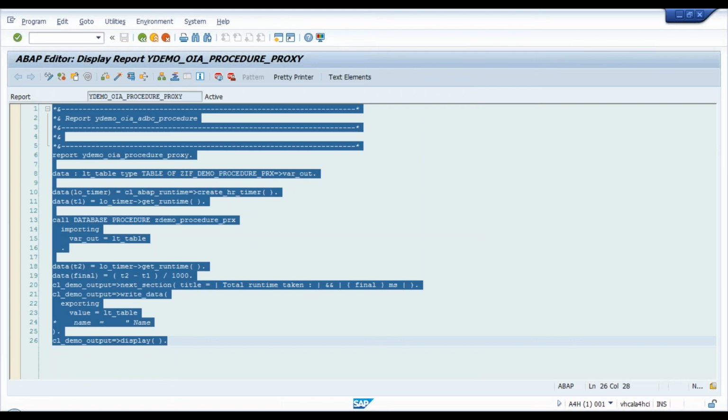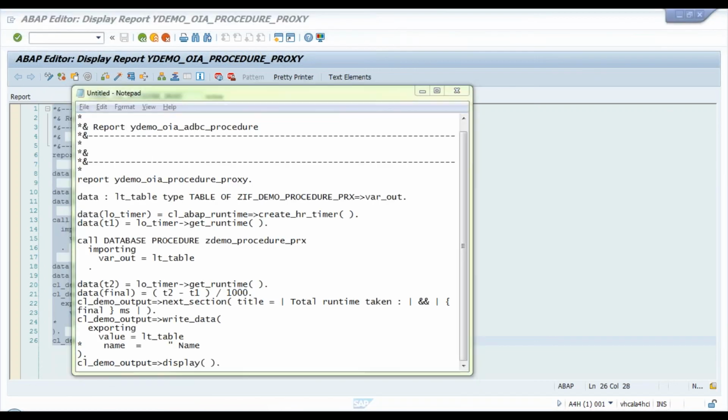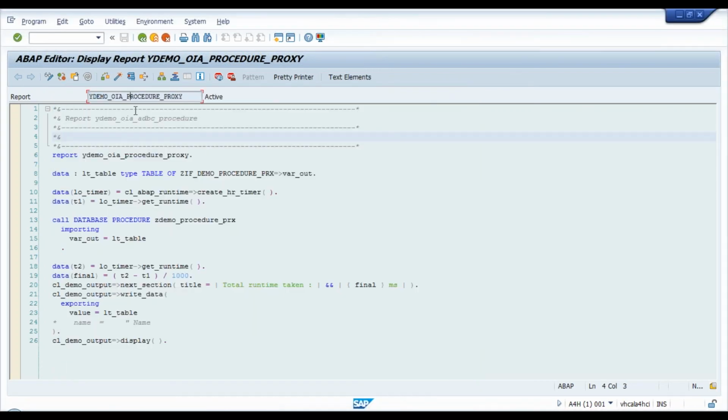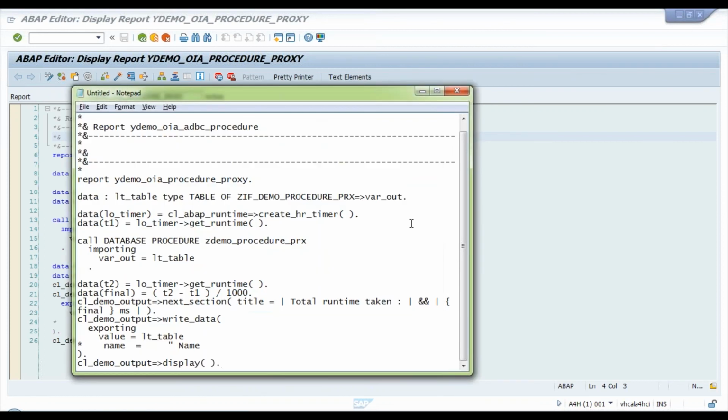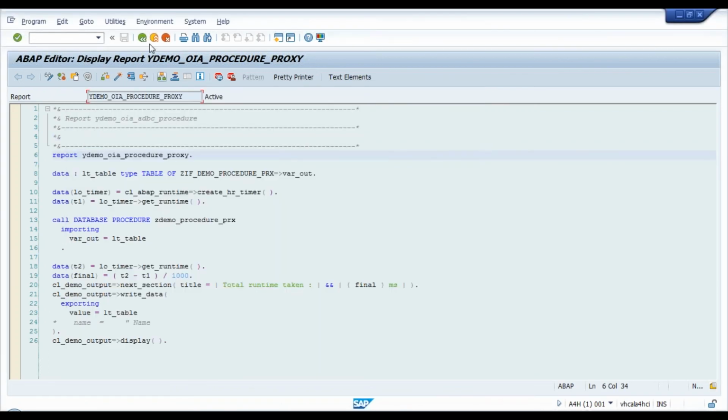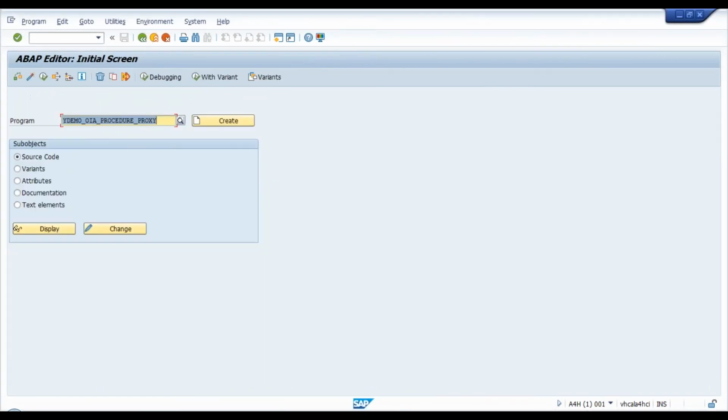Why it's not copying? Yeah, now it copied. Yes, you can export all the HANA artifacts. I will do that right away. I will basically create, guys, a delivery unit and export it and put it in our blog. I will show you how to export a delivery unit right away. Just give me a second.